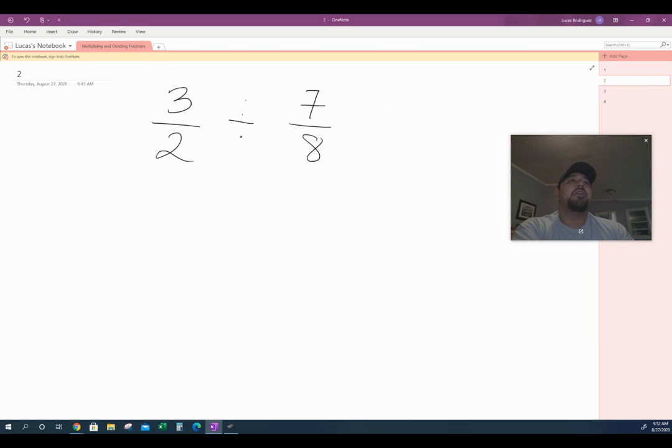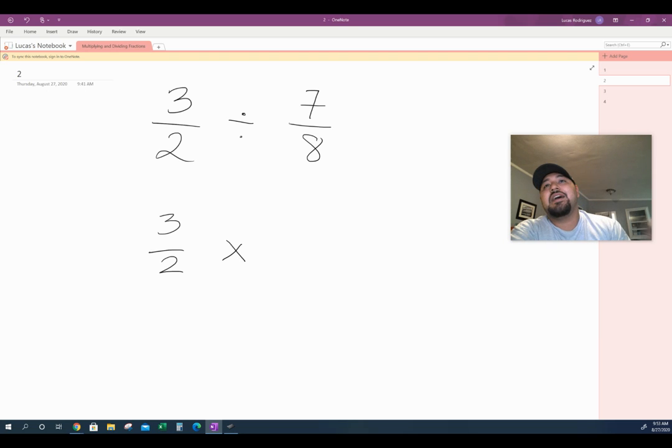Number 2, now we are dividing fractions. So in multiplying fractions, we multiply across. Dividing fractions, a little bit of the same thing, but there's one more step. So what I need to do is I need to actually change this. I'm going to keep this one the same. I'm going to change the division to multiplication because dividing by something is the same thing as multiplying times its